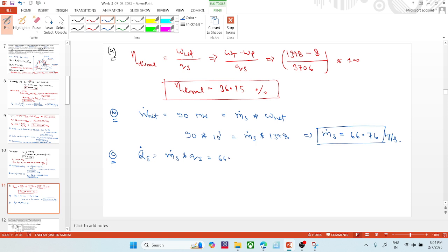This would be 66.76 into the QS value we are having, 3706, and I will multiply it by 10 to the power minus 3 to convert it to megawatts. So this value will come around 247.43